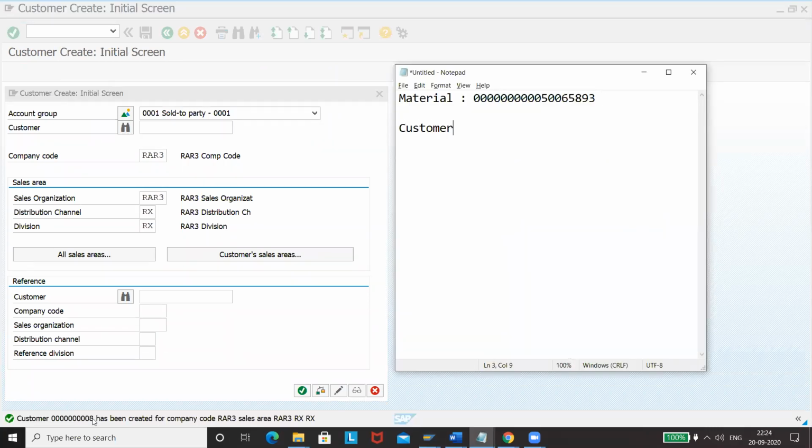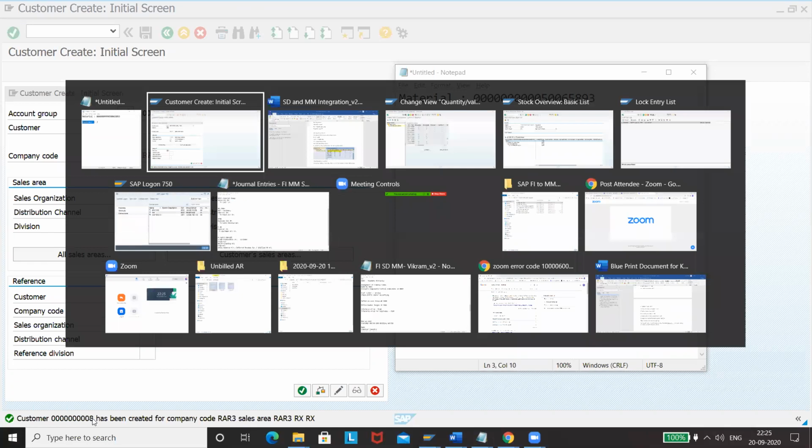Now what we have done, we have created one material and we have created one customer. With this, we'll try to create a sales order. And then from the sales order, we will then go ahead with PGI and then VF01, that is invoice and the clearing. So that is what our present requirement is. So to do this, we need to maintain some settings at MM and also ST, which we are going to do now.